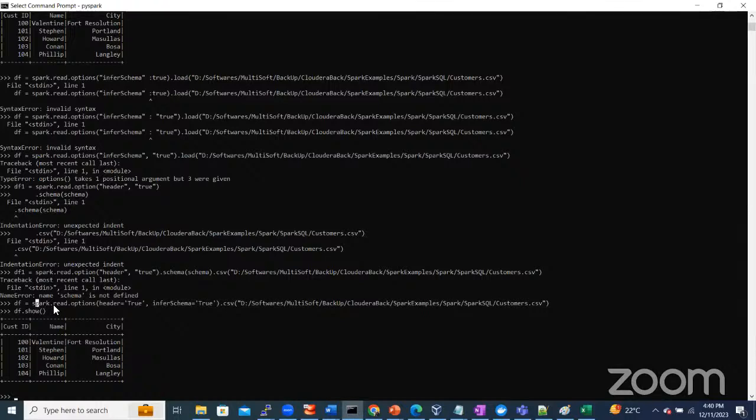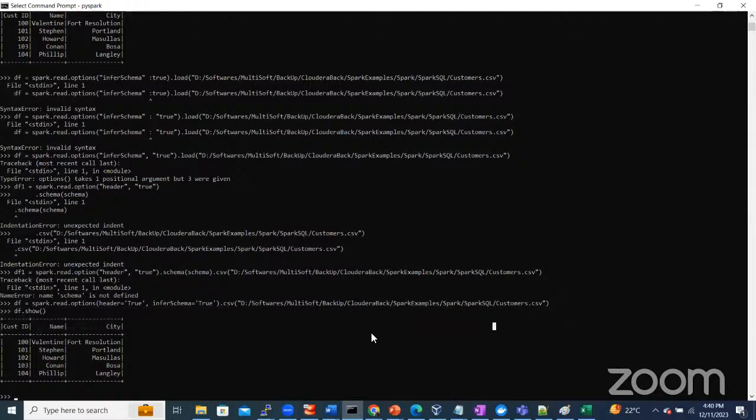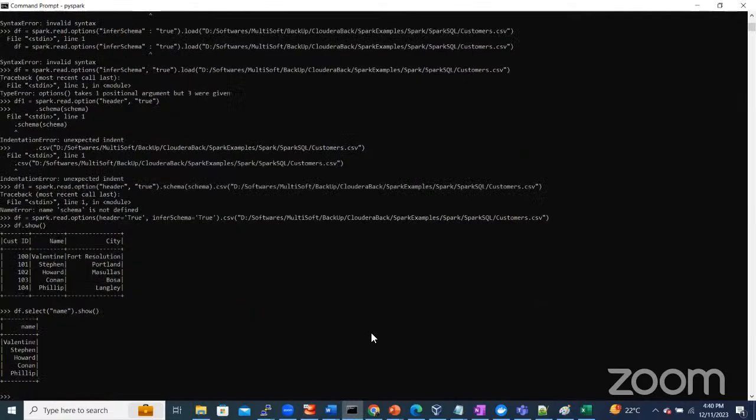So spark dot read dot option header true. Infer schema means whatever internal schema the data has, just capture that schema, and then the path of the CSV file. Now we can select the columns. Let's say we are selecting name dot show. So it will show the result after selecting this column. So we can execute